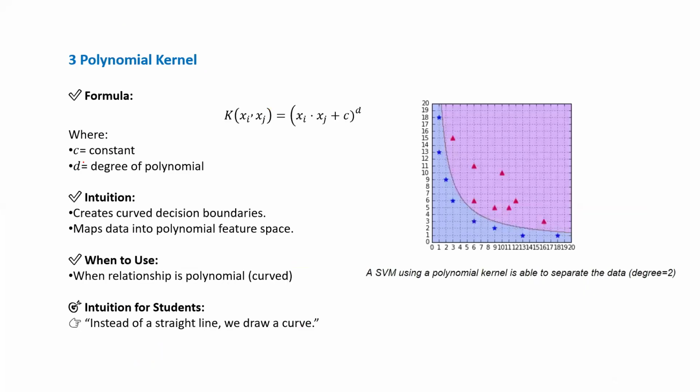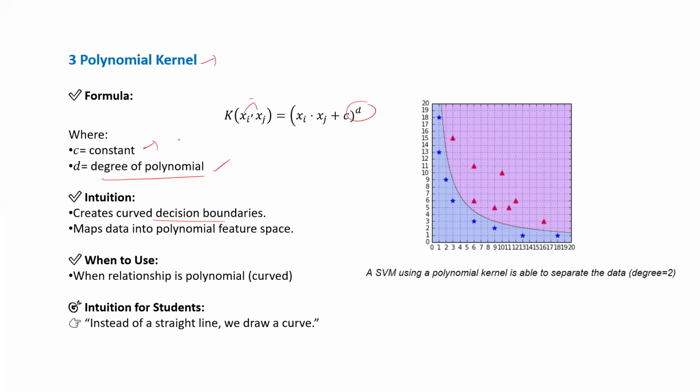And the third one is the polynomial. So it follows (xi dot xj plus c) to the power of d. So d is the degree of the polynomial, c is the constant, and the x's are the vectors. The main intuition here is that we need to find curvy decision boundaries. So wherever curvy decision boundaries are there, you can directly say it is following